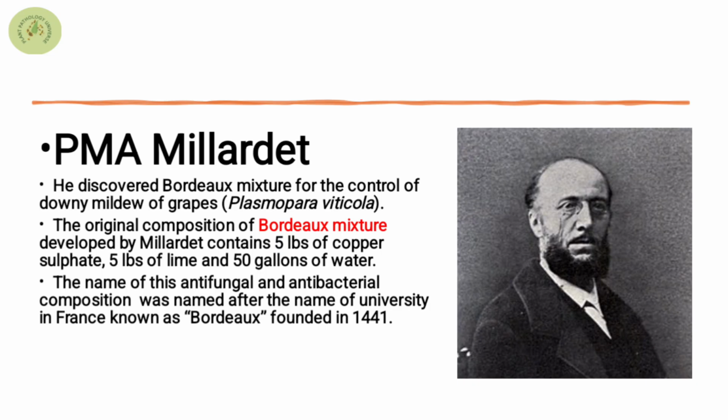Basically what happened was that during the time when this discovery was made, in France grapevines were there, right? They were mostly infected by the downy mildew of grapes pathogen, that is Plasmopara viticola. At one time he was moving to a particular vineyard, and he saw that the grower of that vineyard had sprayed lime over his vines so as to demarcate them or to prevent any kind of robbery, right? So that's why he had put that lime over them.